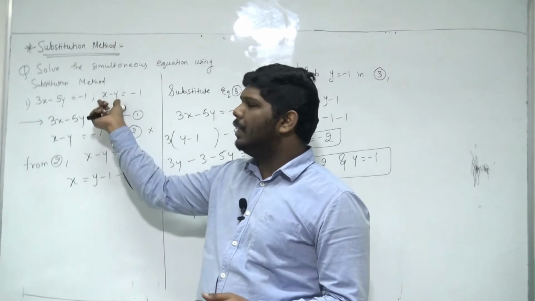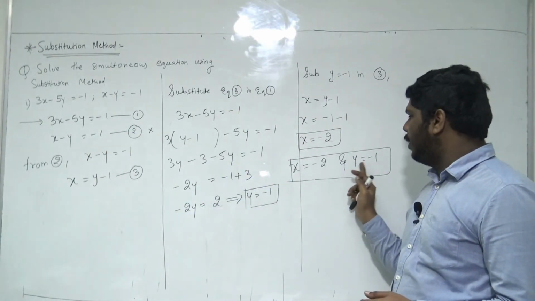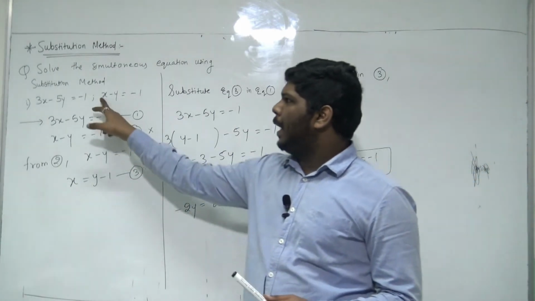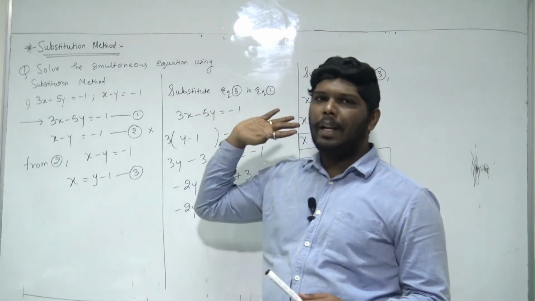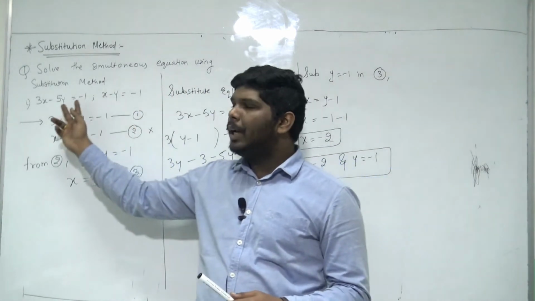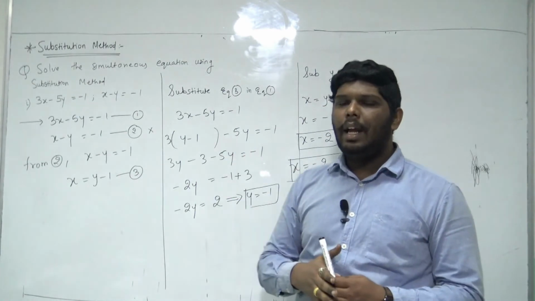Like suppose if I take this equation x minus y, so value of x is -2, value of y is -1. So -2 minus of -1 means -2 plus 1 will give you -1 again. So I am getting the value of right hand side once if I keep the value of x and y in any of the equation.